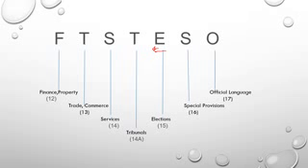It is the 15th part. S represents the special provisions. It is the 16th part. And O represents the official language. It is the 17th part of the Indian Constitution. So again I have come up with an easy sentence so that you can remember all these parts easily. And the sentence is: